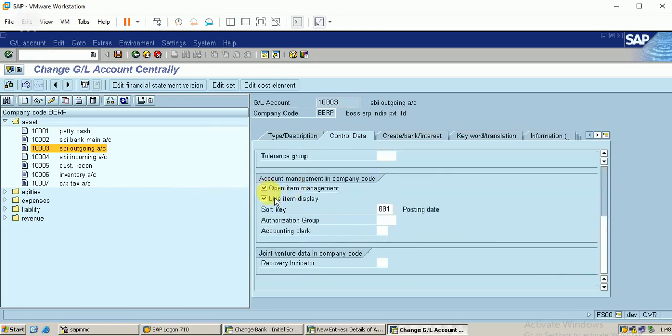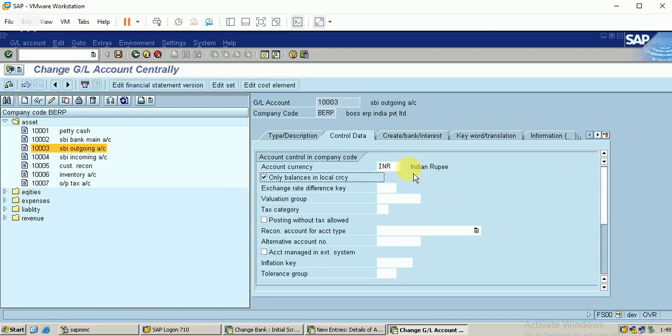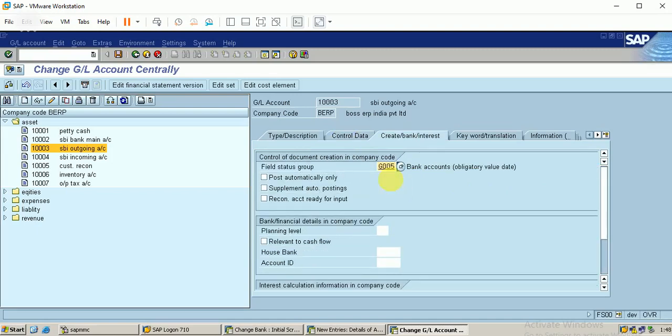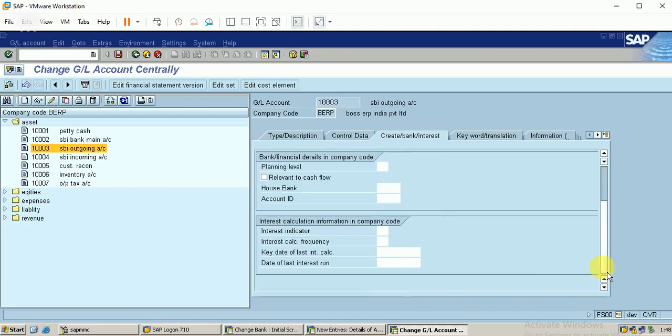Here the open item and line item should be ticked. It is very important. Similarly, it is also in the field status group G005, and make it relevant to cash flow.